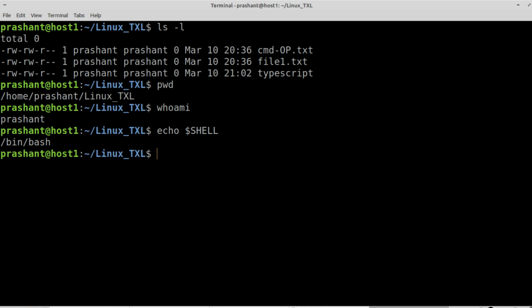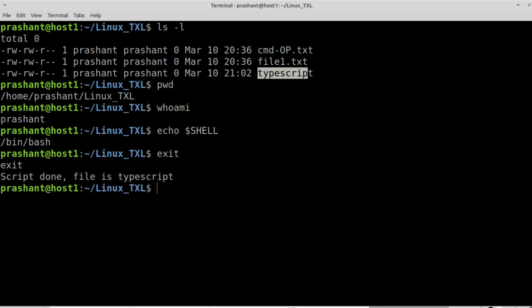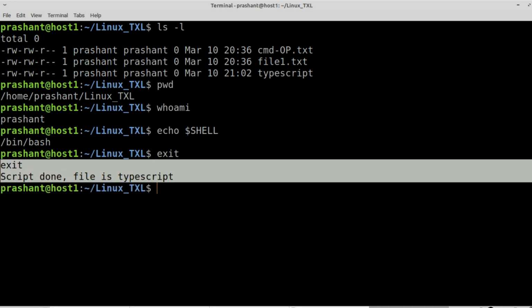So this is one addition to the command history feature in bash. Most Linux distributions include a program called script, which can be used to record the entire shell session and store it in a file, by default the typescript file. This file can be accessed later on. We will see how it is recorded. Simply if we say exit, it will end the session. So that's it. See, it has exited.